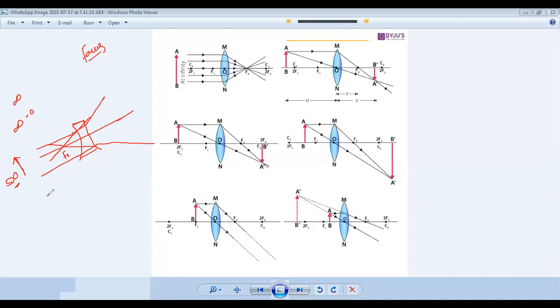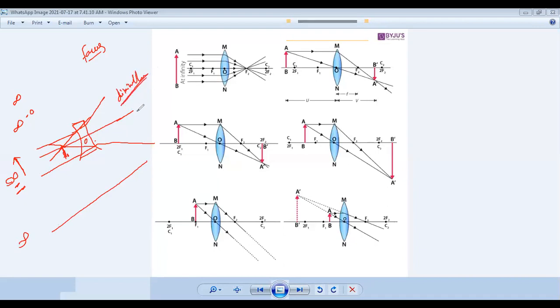Okay, sir. Yes, boys. So in concave lenses, we are taking only two positions. One is at infinity. The second one is between infinity and the optical center, the object anywhere between these two cases, right? So when you take the object at infinity in front of a concave lens, I'll get what image? Virtual and erect image, in front of the concave lens only, and this is virtual and erect, but the size is highly diminished.